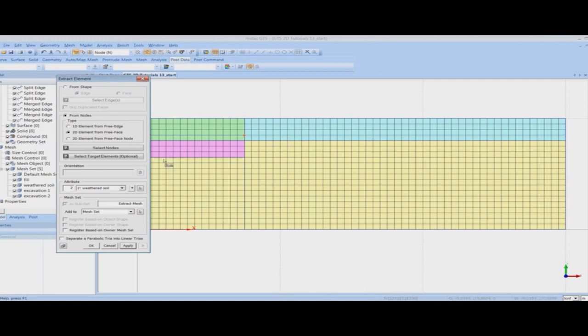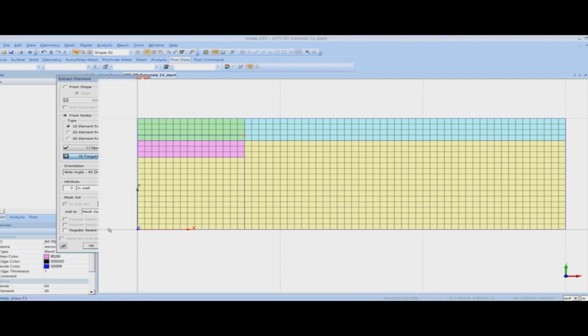I will extract the edge from the nodes and select the option 1D element from free edge. I will select the nodes. So here I have selected 11 nodes. I will select the target elements which are alongside the wall and provide it an attribute for the wall. So here I have created the wall.